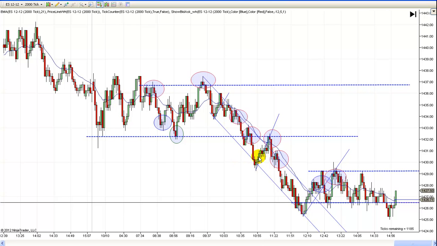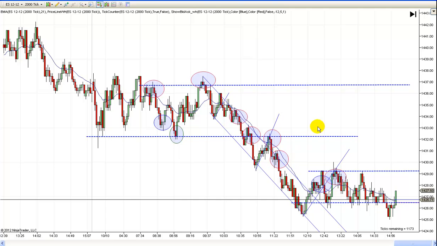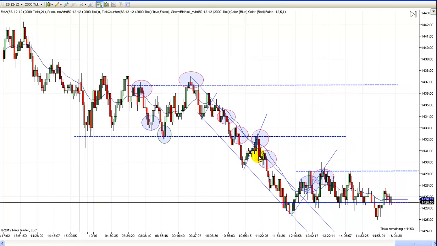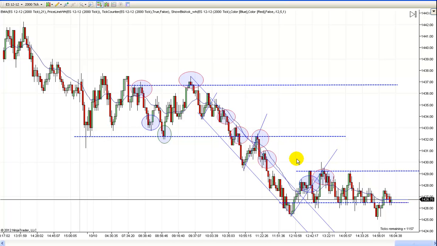So I probably should have marked this one green, but I see so many people counter trend trading trends like this, and it's just too dangerous, and you're better off just to wait, because there'll be another better entry up here. But if you want to be real aggressive, notice that one